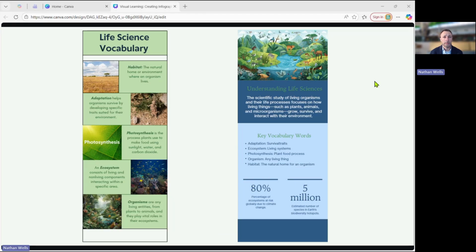And that's not bad, but something else I want to call out here is, what does 80% and 5 million have to do with life science vocabulary? Not really anything. So do we want those to be the biggest things on the page? So trying to think through that process is really helpful, because this infographic, it's supposed to be helping us understand